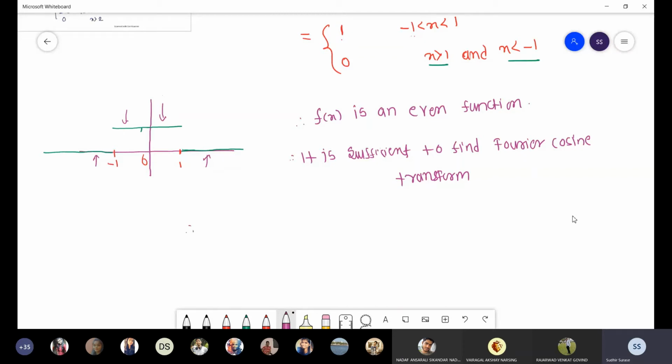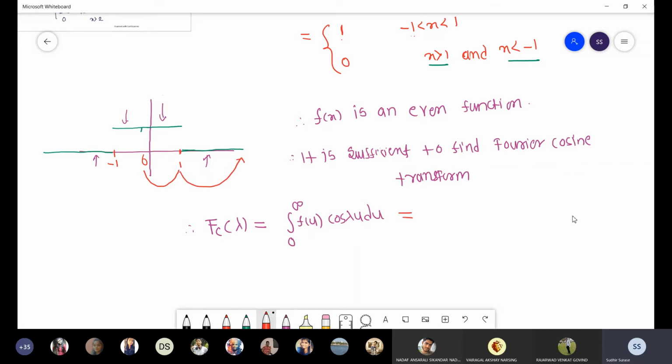So therefore the Fourier cosine transform f suffix c of lambda is given by, remember that formula, the integral from 0 to infinity of f of u cos lambda u du, because we are finding the Fourier cosine transform. The function is defined actually from -infinity to infinity, so we are just considering the 0 to infinity part, and in 0 to infinity we have to break the interval into 0 to 1 and then 1 to infinity. Only half the part we have to consider.